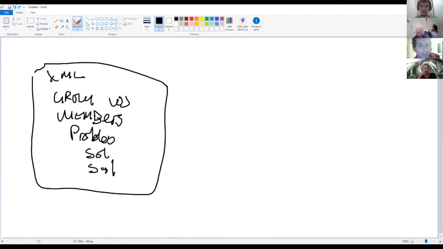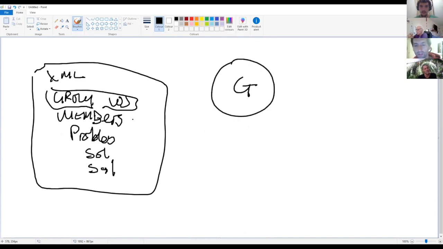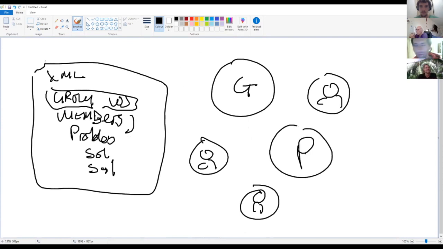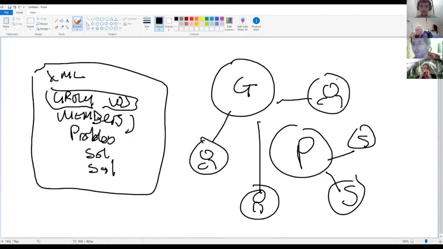So what we can do is, with a graph database, if we take out the group here from that and we make it a node, and then we take the members out and their individual nodes each, so these are members, they're people, and then we take the problem, that's a problem node, and then we take solution nodes. And what we start to do then is we start to look, okay, the problem has solutions, the people belong to the group, but then you might find there's another group up here, and this person is also a member of that group, and that group has a problem, and maybe that problem has the same solution as that problem,